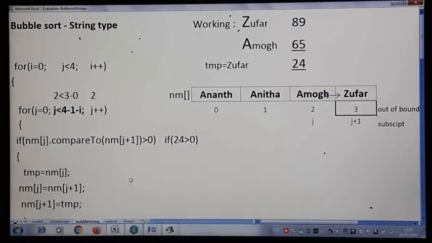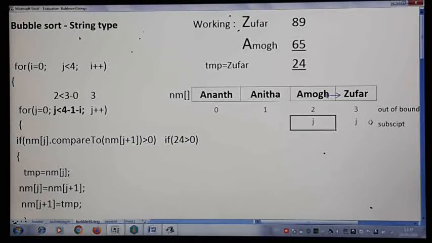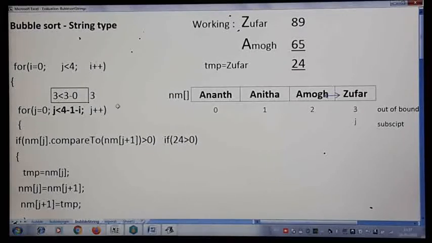So after that again it will loop back, j will go to the next location, which is 3 here. Then here j less than 3 minus 0, which is 3. 3 is not less than 3. Condition false, it finishes with the inner for loop. It will go back to the outer loop. Now i becomes 1. Then here 1 less than 4, condition true, again it restarts with the inner loop in the next iteration. So we finished with one pass.